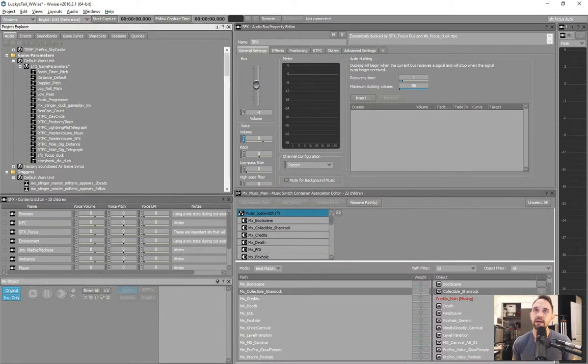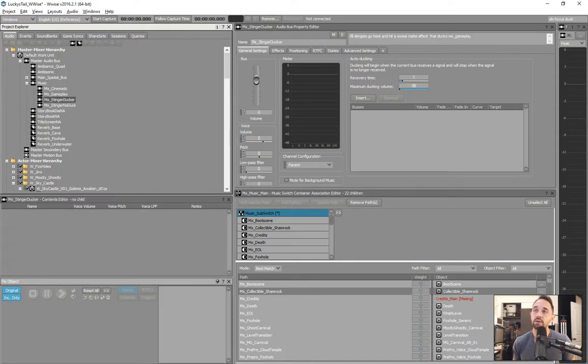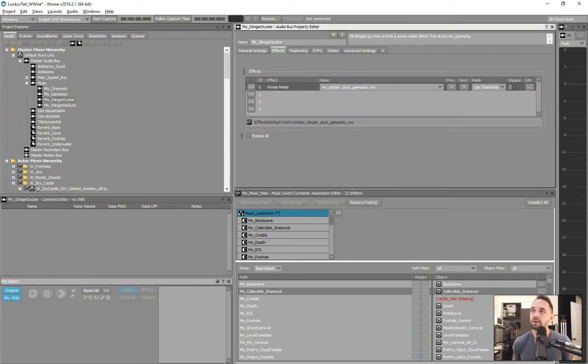So I'm using that in a few places. For music, we have another one on the Wwise meter, and it's Stinger duck gameplay music. Some stingers felt like they needed to actually duck the regular gameplay music and have more of an effect that turns down the in-game music and stands out better, but not in a transition way that kills it, in